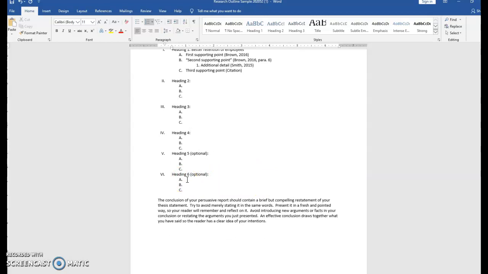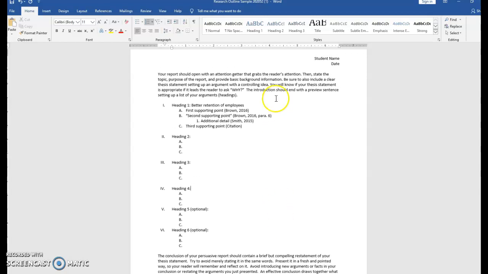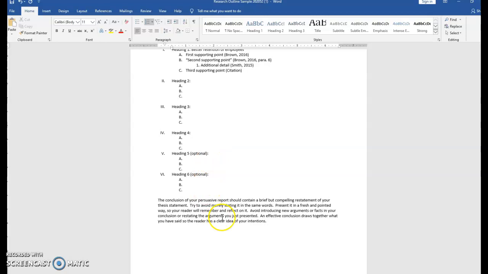That is the maximum. And then the last part of your planner is the conclusion, and this is an opportunity again for you to actually write out your final paragraph. Again, read the description of what should be included in your conclusion, and then go ahead and write that out in sentences, just as you plan to use in your final paper. So basically, the introduction will be written out as a paragraph. Your body paragraphs, your headings, your topics will be in outline format, and then your conclusion will be a complete paragraph. Hopefully this will help you as you are creating the planner for the Persuasive Research Report.